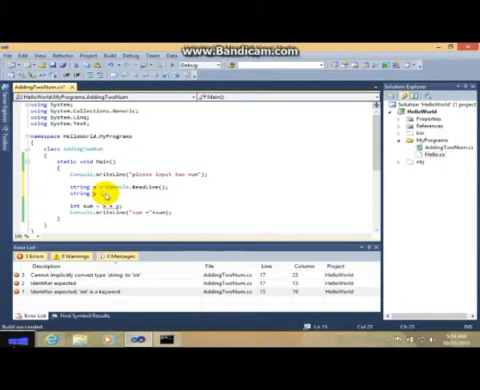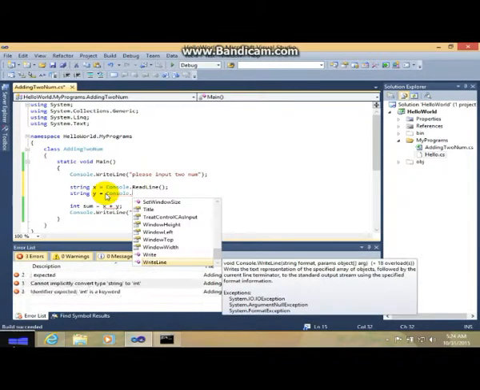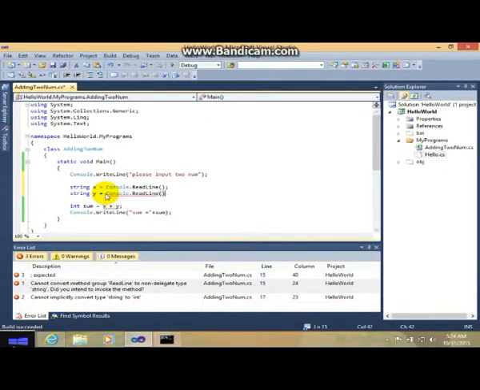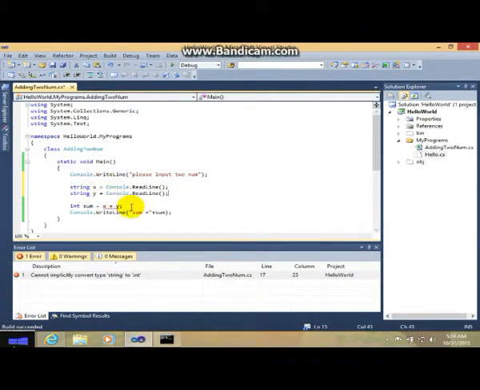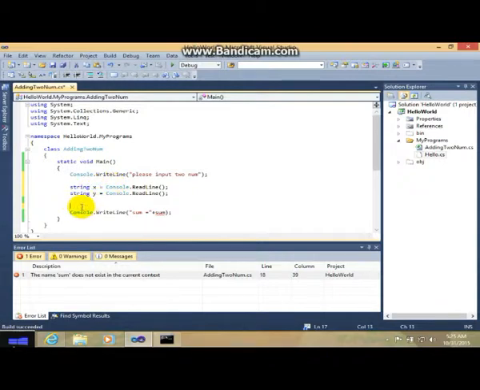So equals Console.ReadLine, and don't forget this semicolon. You just follow my steps in order for you to learn. Now we can't add directly these two numbers that the user inputted, so we need to convert them into integers.